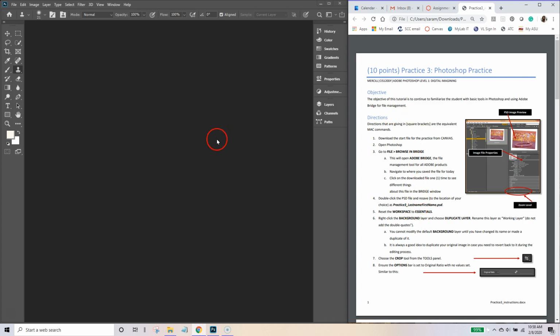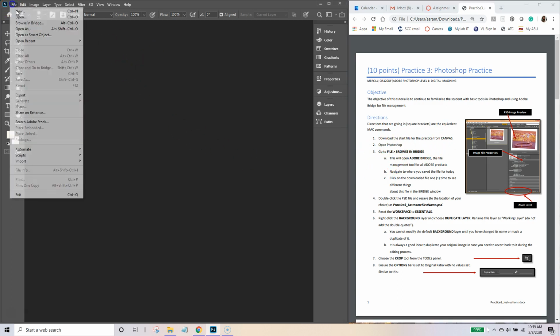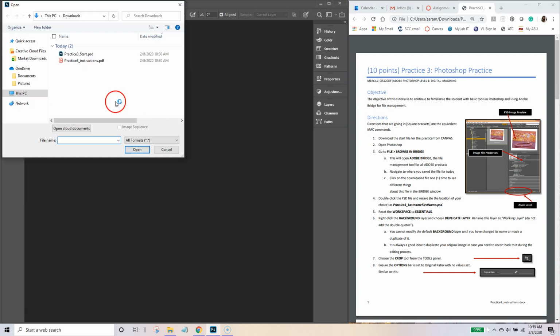So I have my window split. I'm working on a PC, with Photoshop on the left and the assignment on the right, just so it makes it a little bit easier to follow along. The first thing I want you to do is, I've already downloaded the files and the instructions, and I've already opened Photoshop. Now I could just go File, Open, and look for my file, which happens to be saved in my downloads,